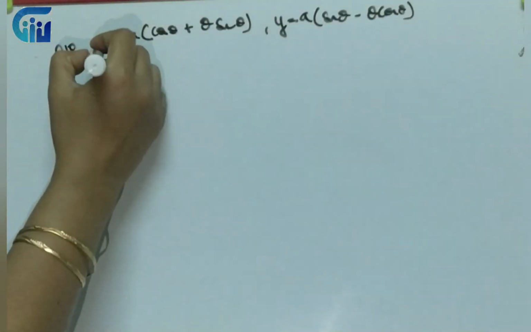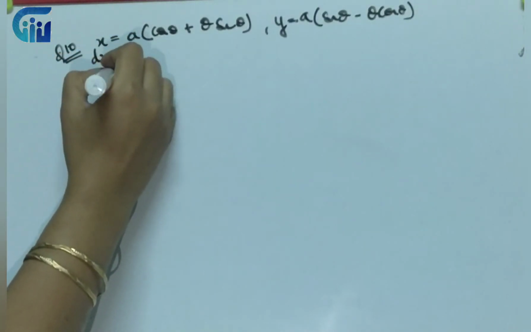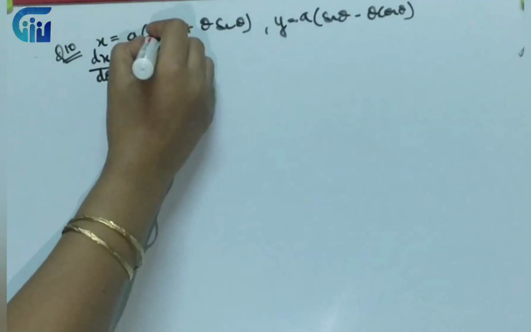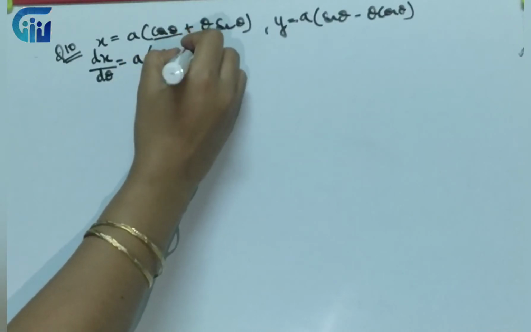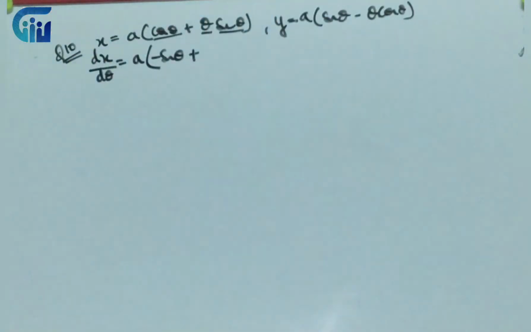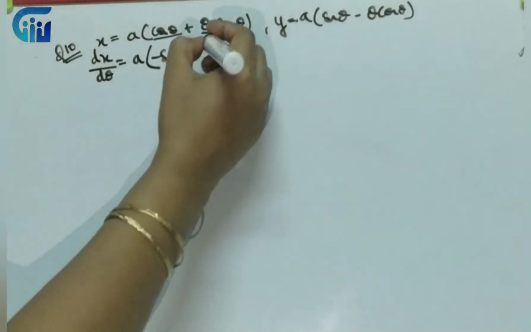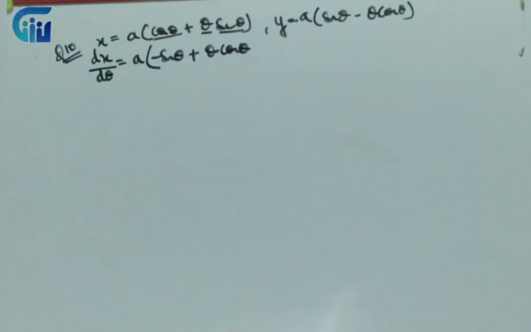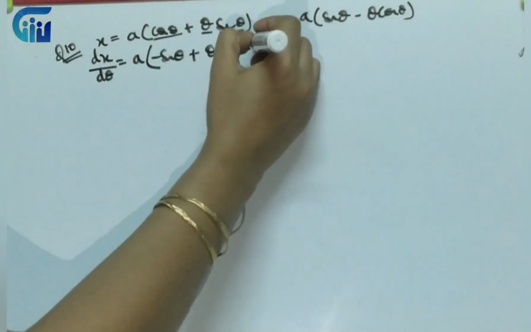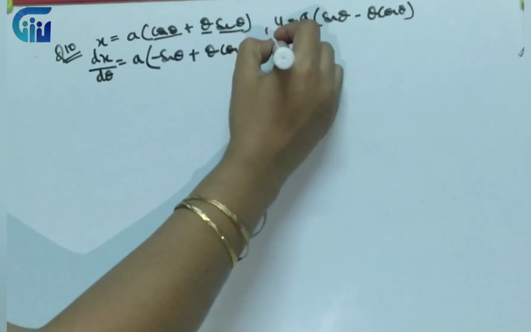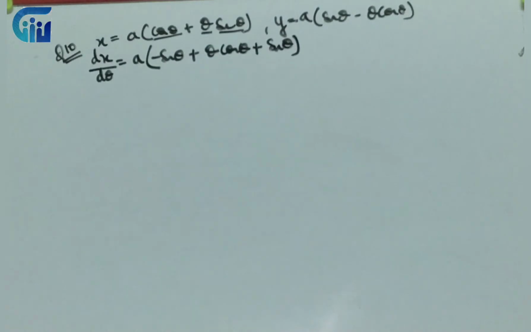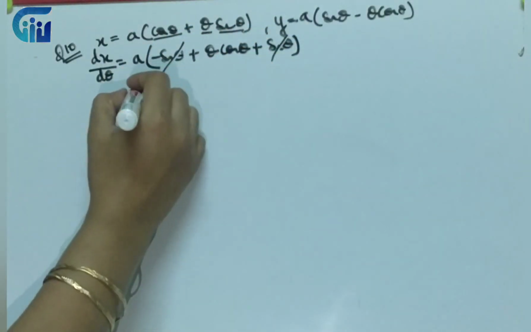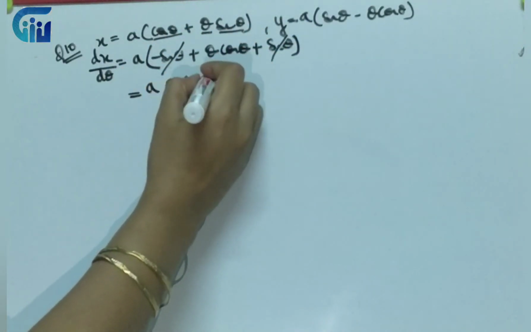Now if I differentiate, this is dx by d theta. So over here this is cos theta, so it will be minus sine theta. Over here observe, theta into sine theta. So two variables in multiplication, we can relate it to x sine x. So we will be using product rule. So theta as it is, the derivative for sine is cos, plus then the derivative for theta will be 1, and this will get cancelled. So what will I have? I'll have a theta cos theta.